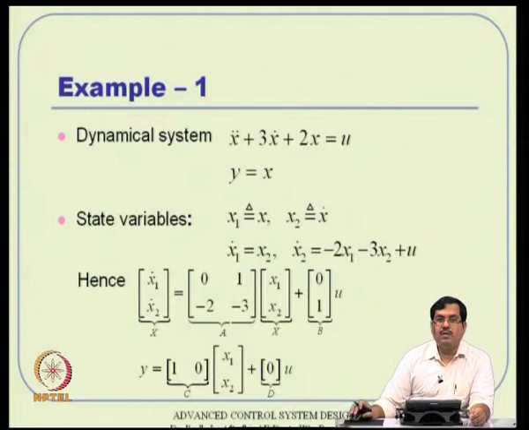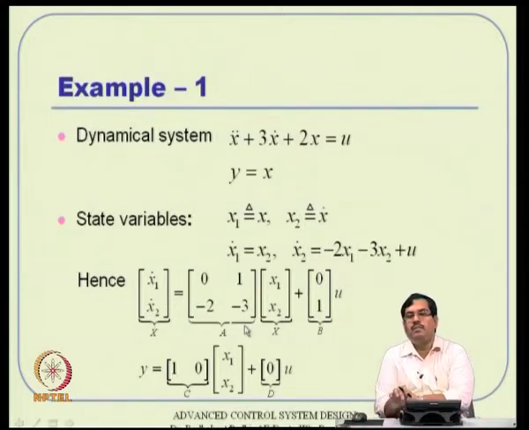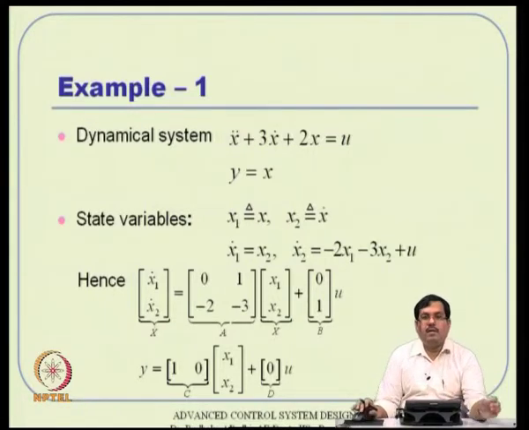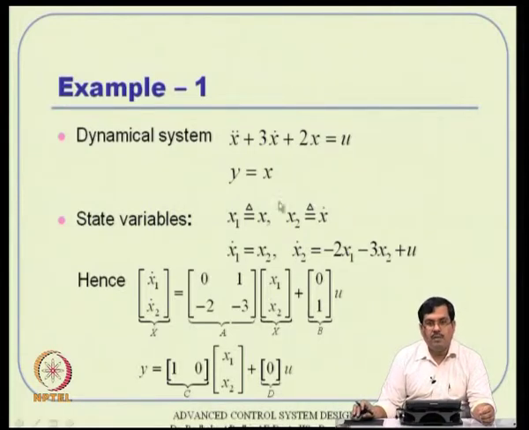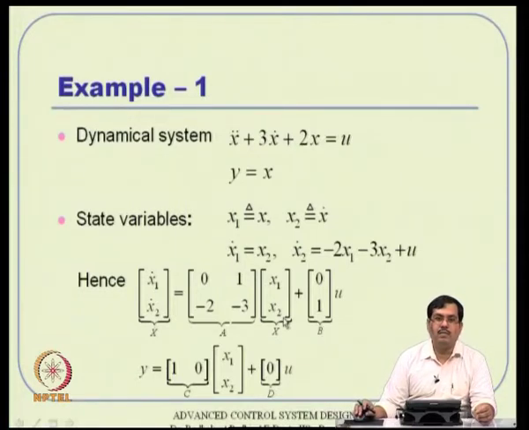Again remember that the state space representation is certainly not unique. Somebody can always argue that I will define x1 as x dot and x2 as x in a reverse order, and hence you will represent a matrix representation in a different way. That means, your A B C D matrix will turn out to be slightly different. However, the nice property in linear systems is no matter whatever representation you come up with, they are all similar actually, and nicely they are also tied up by what is called a similarity transformation. We will see that as we go along actually.